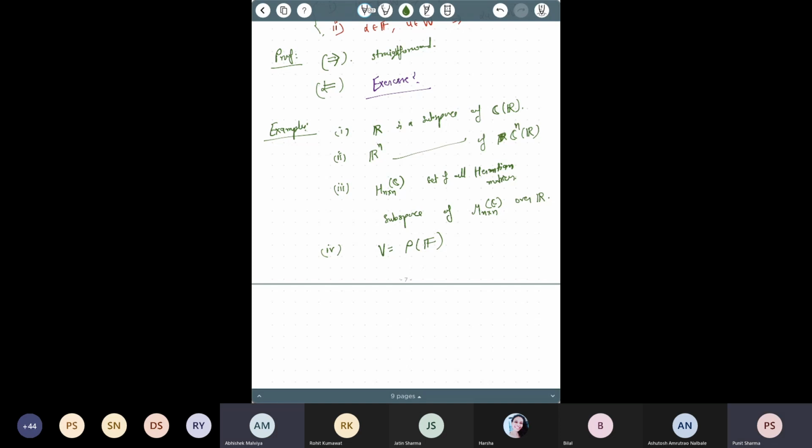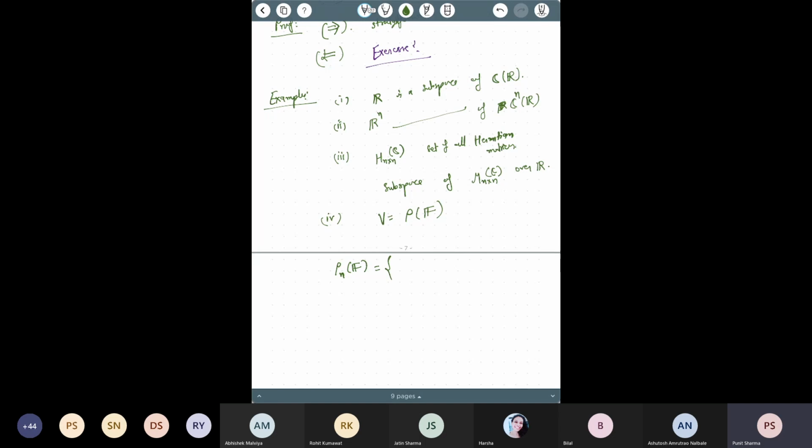So you're saying, let me first write Pn. This is the notation for the space of all polynomials of degree less than or equal to n. So you're saying all polynomials p(x) belong to the set of all polynomials such that degree of p(x) is less than or equal to n. So clearly this is a subspace. I agree, this is a subspace of